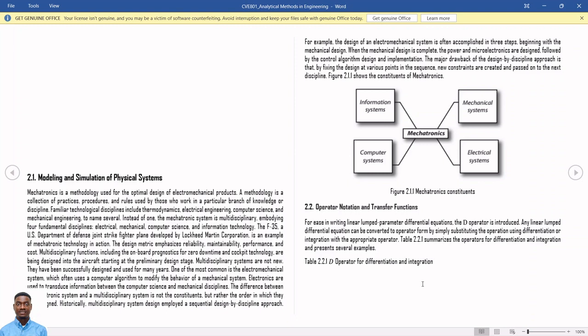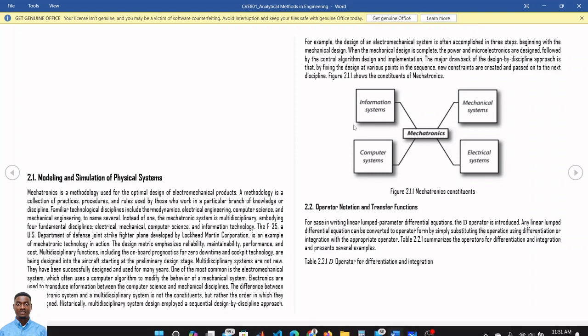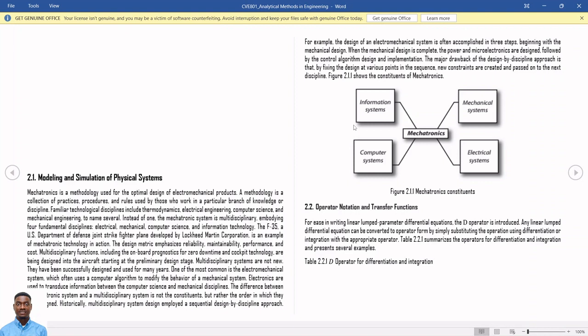For instance, you have a mechanical system. If we can take an example, the normal example that comes to mind is your normal electric motor. We all know an electric motor being an electromechanical system. It has the electrical part, equally has the mechanical part. But you can have such a system whereby the speed of that, probably your AC motor or your DC motor, can be controlled in such a way that the required speed is always obtained at all costs, at all times.